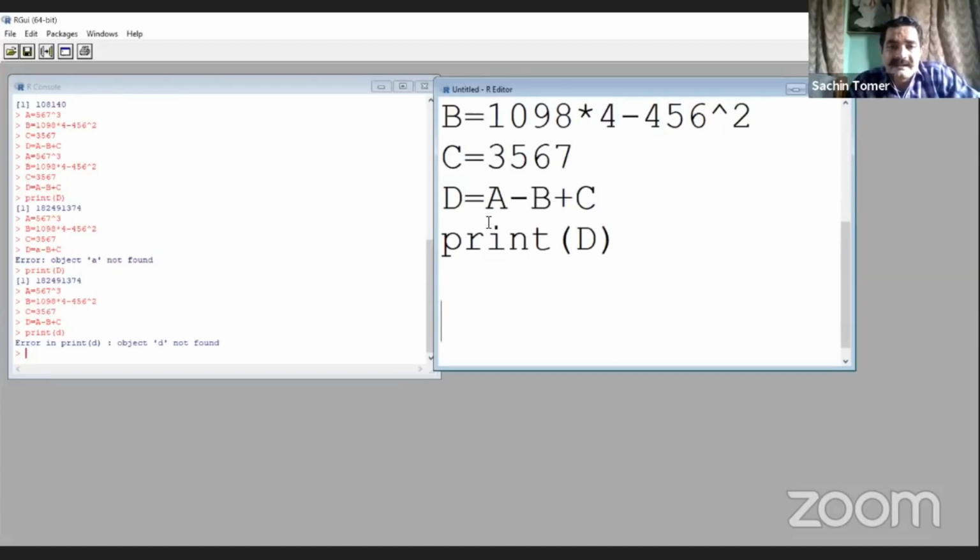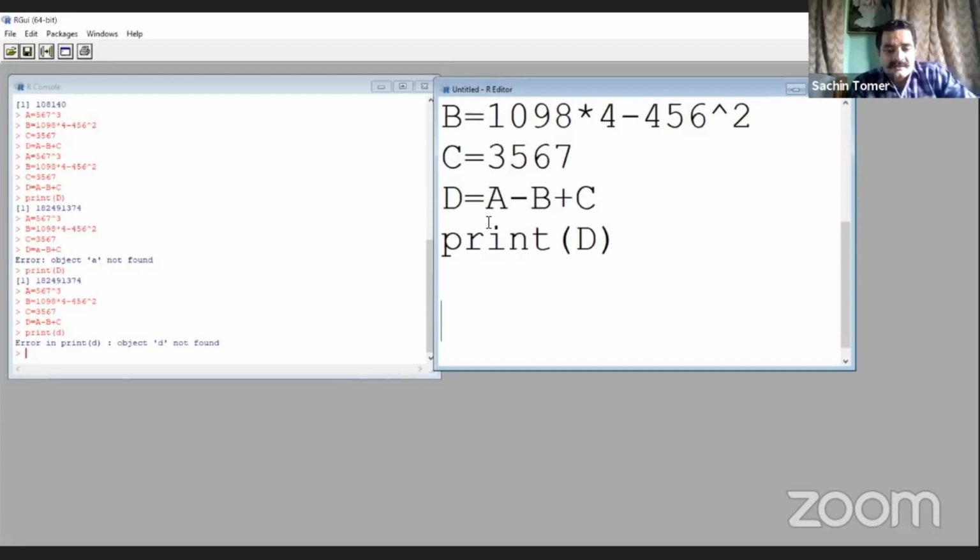But practically, it is not always possible that we have only one number. It may happen that we have more than one or two variables. It may be n variables, where n is 1, 2, 3, 4, 5, anything. So the question is, if we have more than one number, how can we store these numbers into a variable?